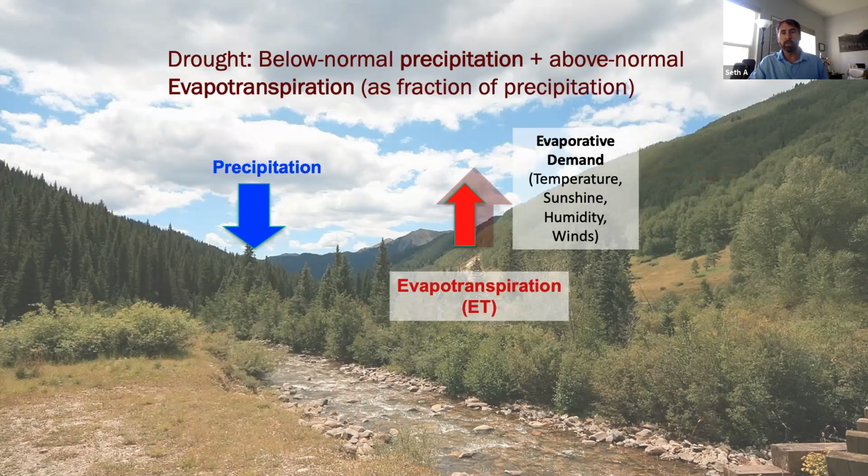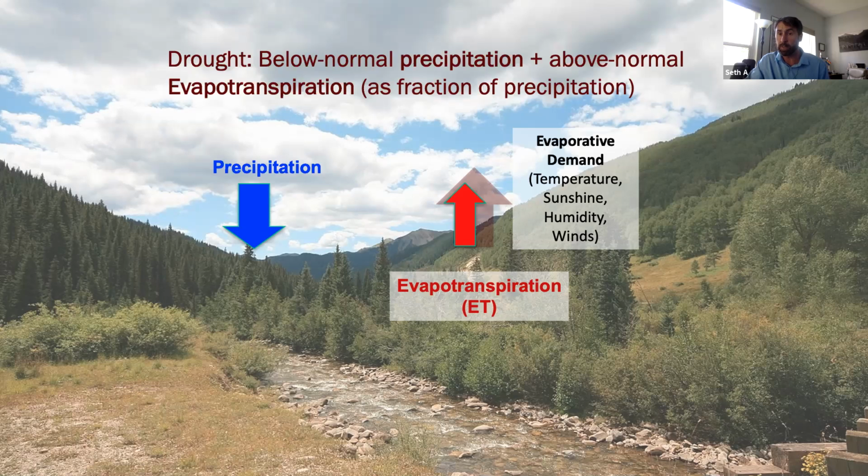Now, I want to talk about two specific scenarios. One, what happens in a drought scenario, and two, what happens in a climate change scenario to this simplistic way of looking at water budget and runoff. So in a drought year, you're impacted on both sides of the water budget by decreases in precipitation and increases in evapotranspiration. Typically in a drought year, you have increased evapotranspiration for a couple reasons.